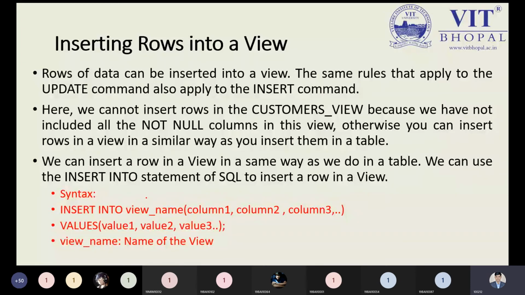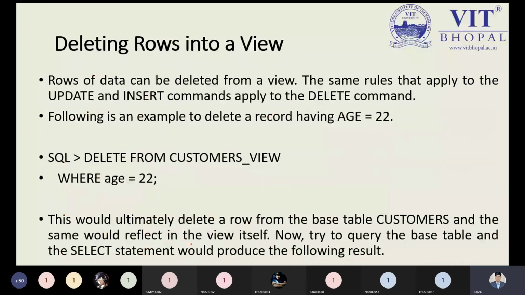That is customer view, and the column names of the respective view. How can we insert a record in a table? You can do the same thing. There is no difference between inserting a record into a table or into a view. Both syntaxes are the same. Instead of the table, you just take the view name.